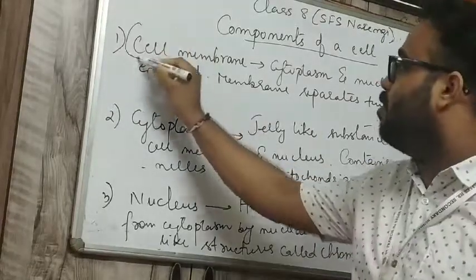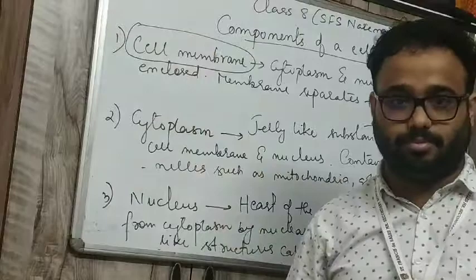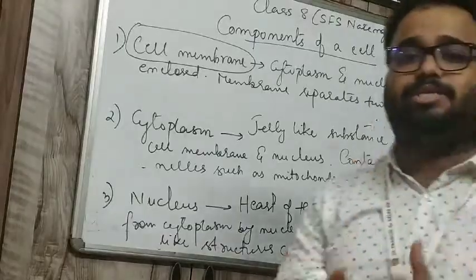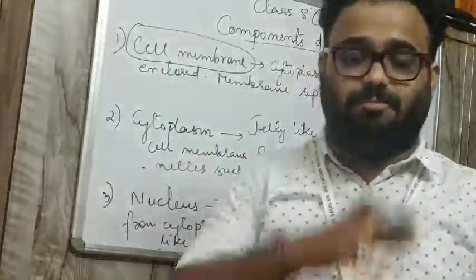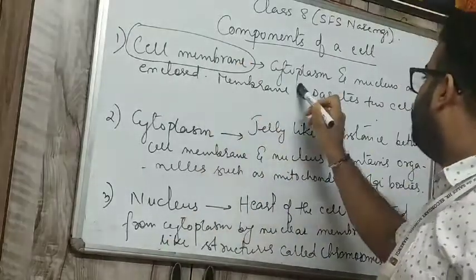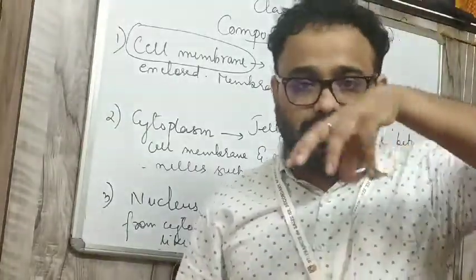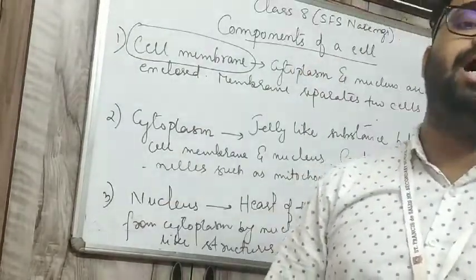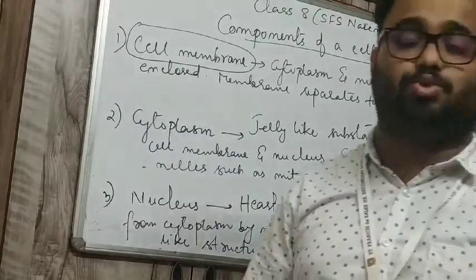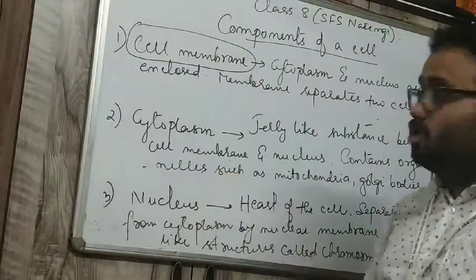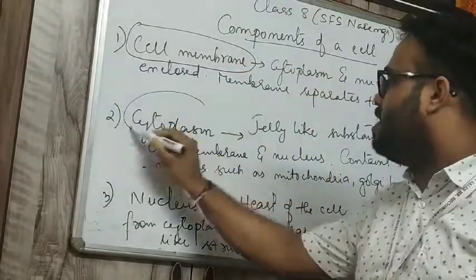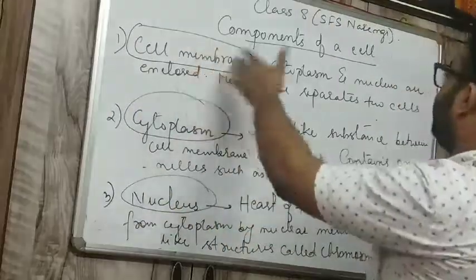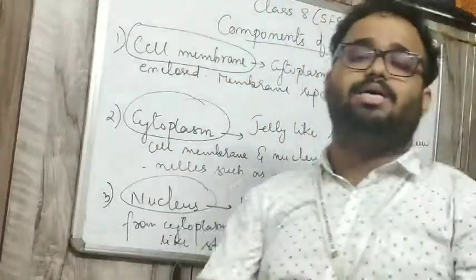The first and most important thing is the cell membrane. What is a membrane? A membrane means a layer which separates the cell from one medium to another. It is basically a layer. The cell has cytoplasm and nucleus. The nucleus is the dense, heavy region inside the cell membrane. Cytoplasm has different kinds of structures where you will find some organelles that we will discuss. Basically there are three parts of a cell: cell membrane, cytoplasm and nucleus, which are enclosed within the cell membrane.